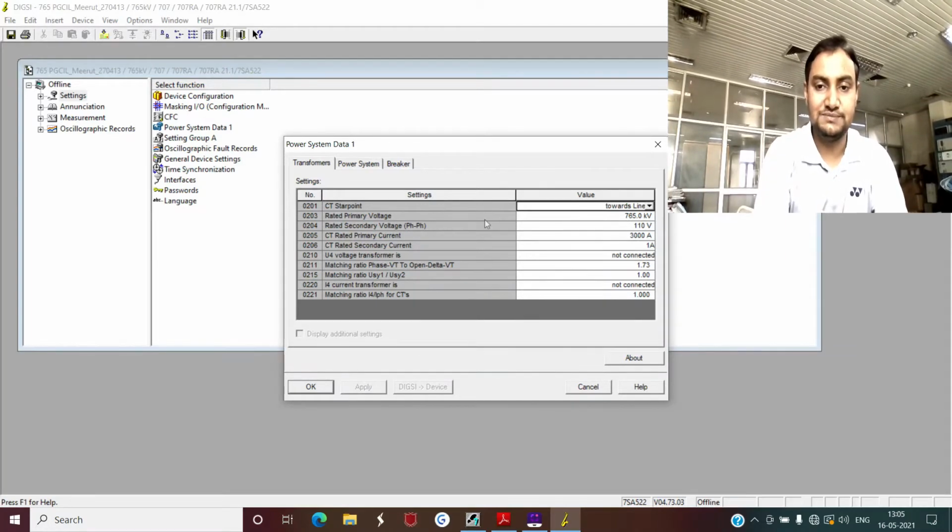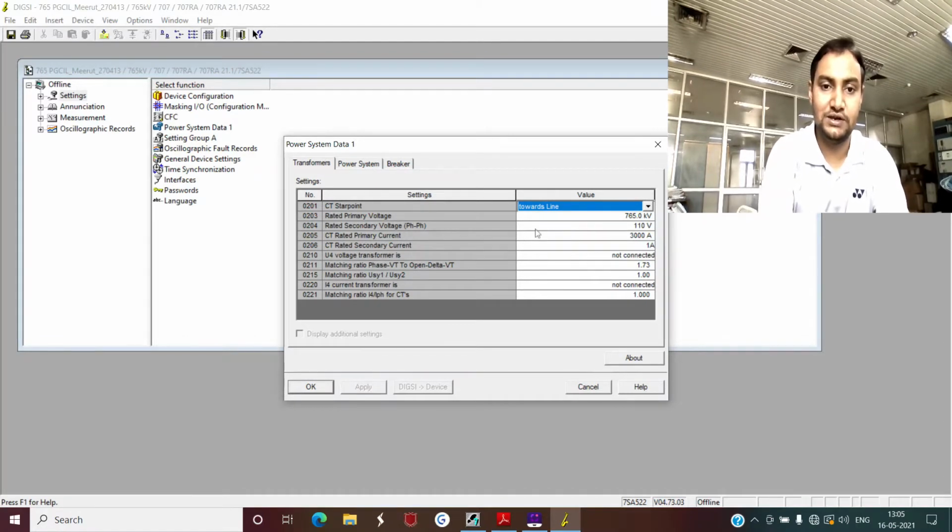For transmission line, it is again mentioned that the CT star point must be towards line, so that's why the CT star point is made towards line. If by default or inadvertently someone has made your CT star point towards bus bar and you want to use that CT for transmission line protection, then in numerical relay you have the feature that you can invert that star point by simply selecting this option towards bus bar, and I will explain this to you at somewhat later stages.